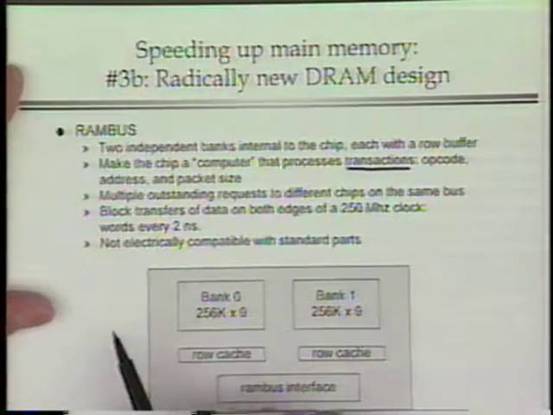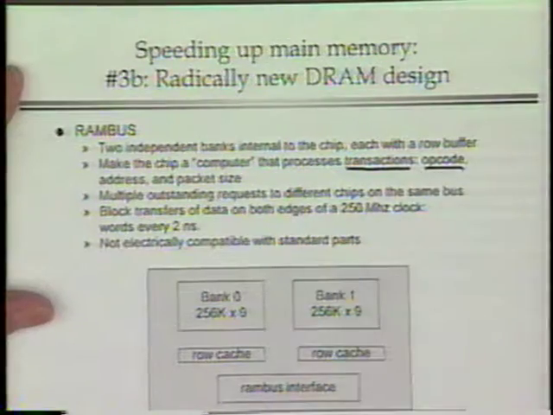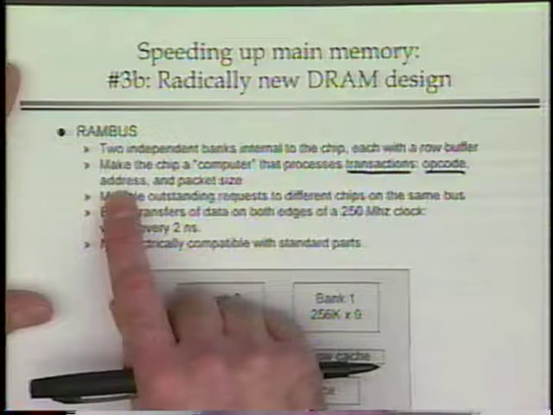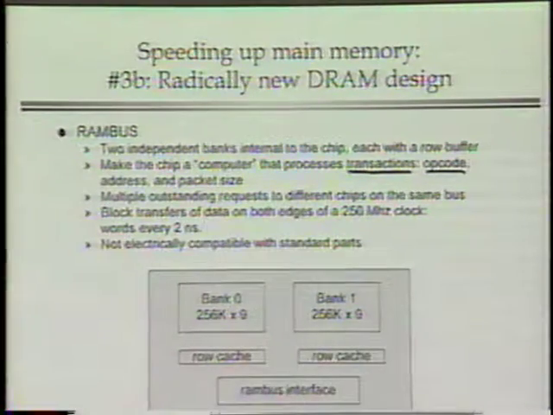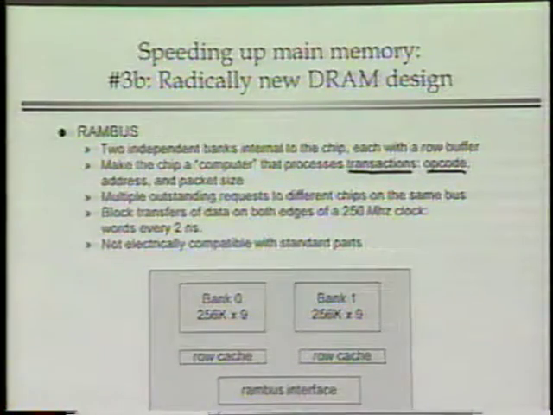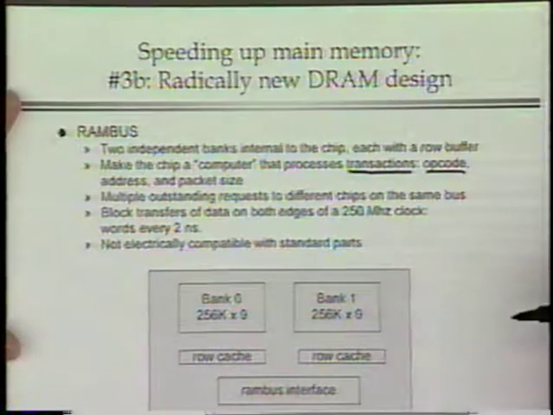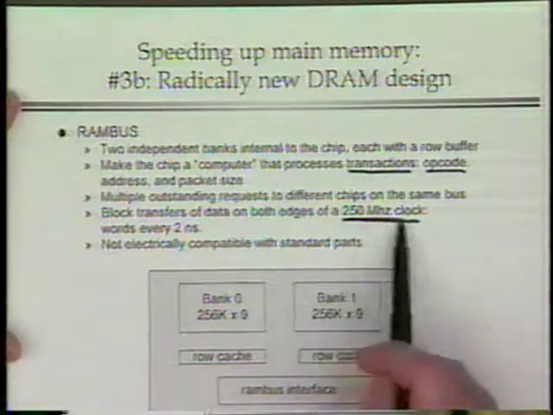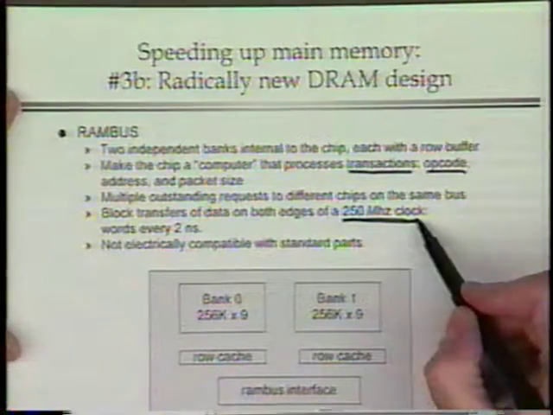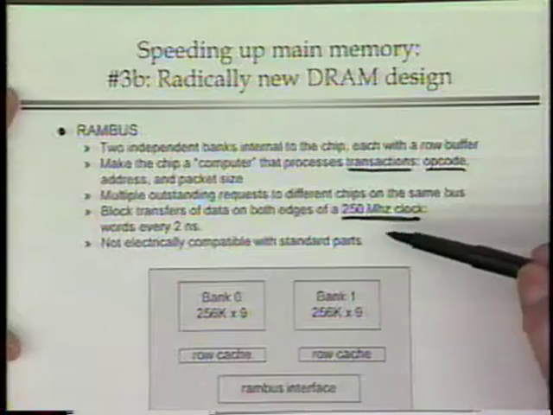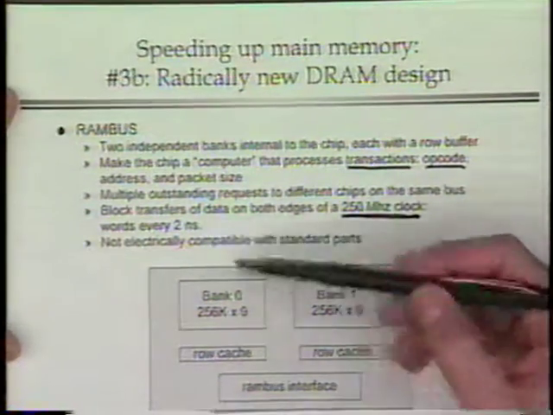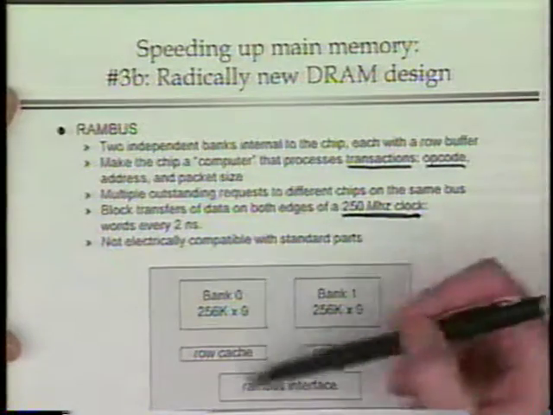And what you send to the RAM chip is an opcode saying what you want to do, you know, a read or a write or something like that, and operands like the address and the packet size, and have it process those things in pipeline fashion with caches on the chip and very high-speed synchronous transfers. In the typical Rambus type chip, you feed it a 250 megahertz clock, and on each edge of that clock, at a 500 megahertz rate, it's providing to you, if it's in its cache,